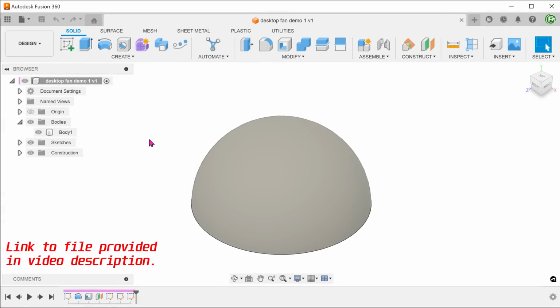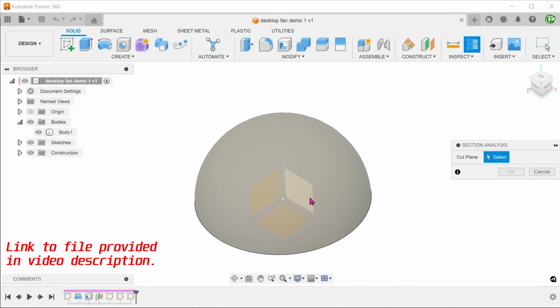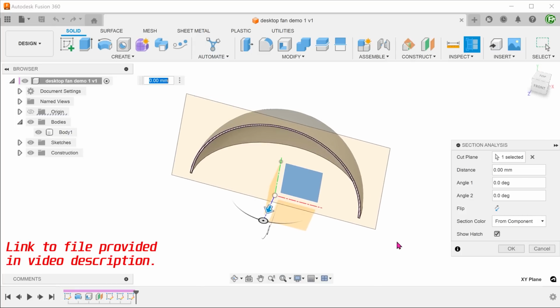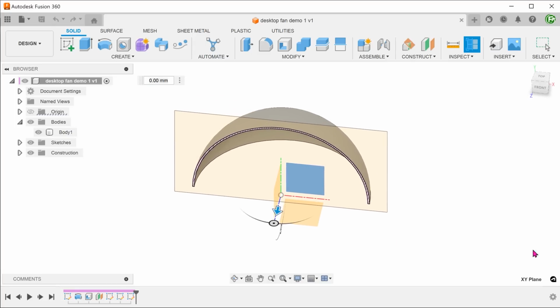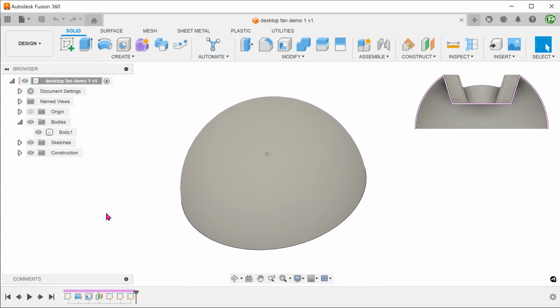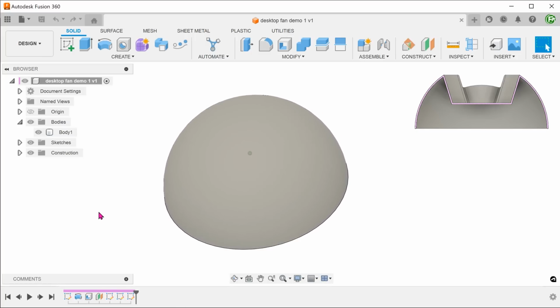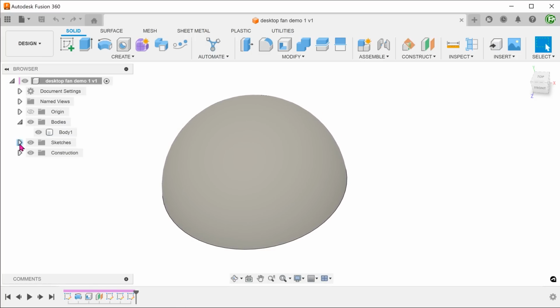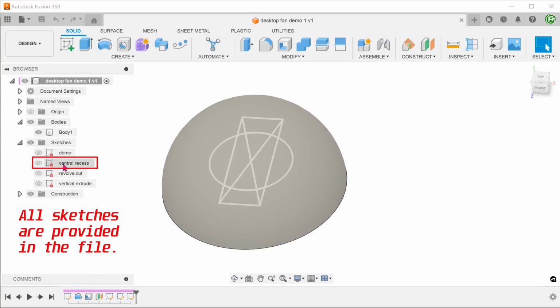We shall begin with this dome that has already been shelled out. We need to create this central recess that is to be shelled from the top. I have prepared a sketch that defines the outline of this central portion.